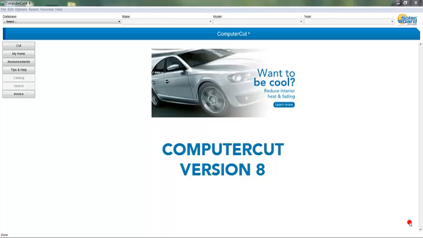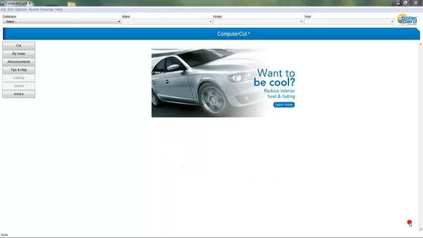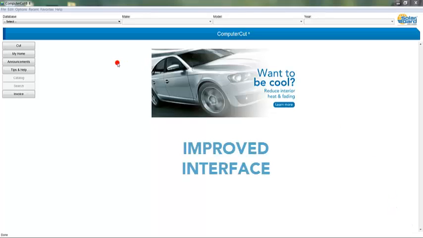We've been listening to our dealers, and we have incorporated many of the suggestions that they have made on how we can improve ComputerCut. To help you get started, I've created this video to outline some of the improvements that we've made. As you can see, the first thing we did was to give a new look to the interface